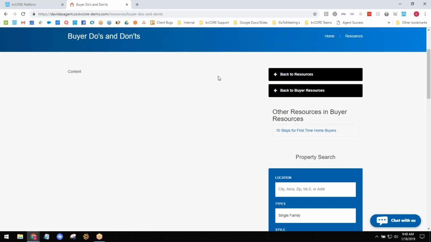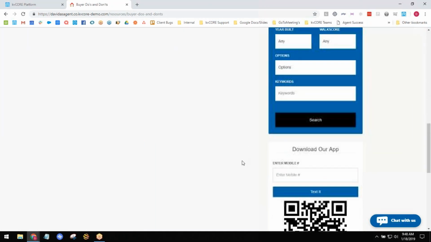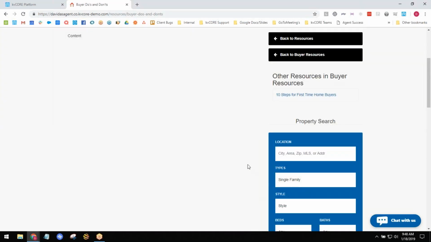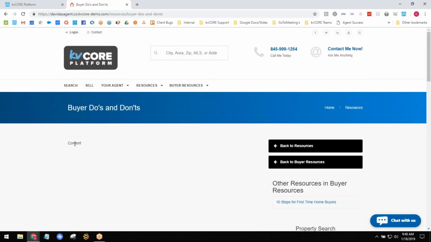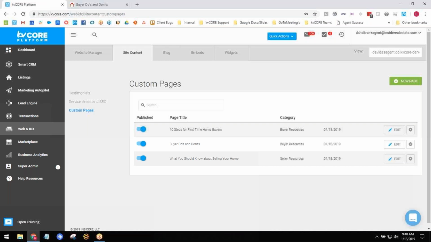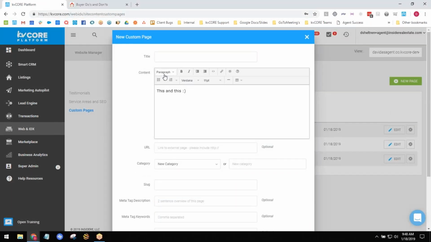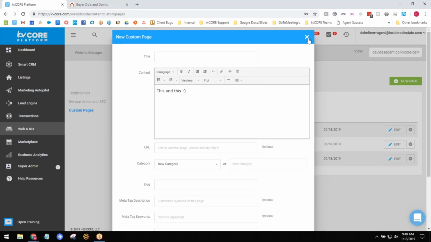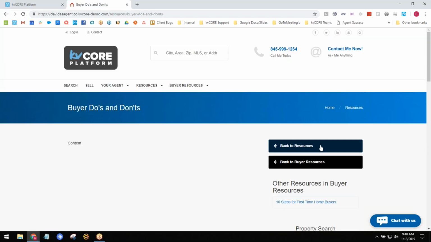If you know somebody that knows how to work their way around some HTML and CSS, I've seen some pretty colorful and creative ways we can get this looking really polished. But if you don't, no worries. Plain text is fine too. We can just create those with the content manager that we have here. We can say, this is my heading, this is my paragraph, and we can create our links and all that other stuff. All right, so that's custom pages.